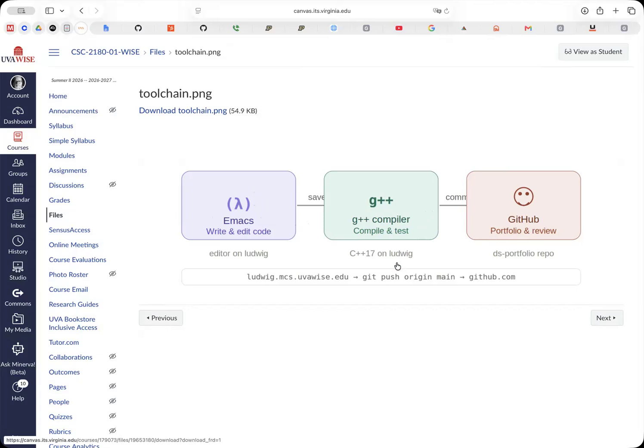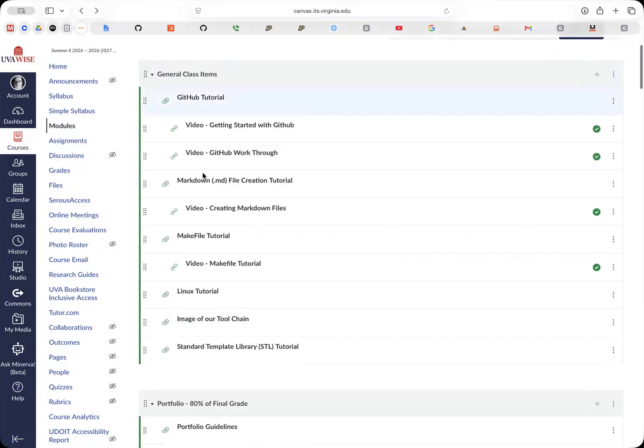For the regular labs, I have root access in the server. I will be able to come into your directory and see your code for the labs. So if you're in the correct directory for the labs, then you are done and ready to go and you've turned it in.